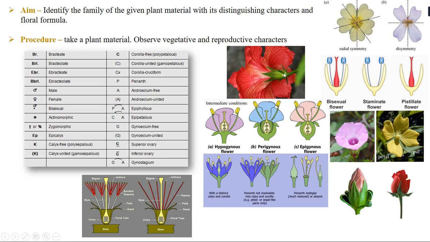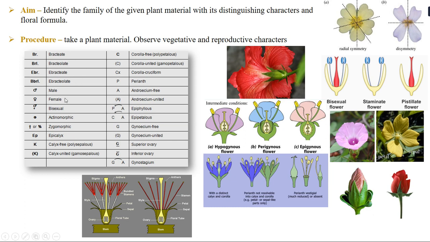So there are some flowers which are with these bracts, and there are some flowers without the bracts. So if the flower is possessing the bracts, it is called a bracteate flower or a bracteolate flower. And if it is without the bracts, it is called ebracteate flower or ebracteolate flower. Now, the alphabet that is denoted for bracteate is BR, capital B and small r. And for ebracteate, it is EBR, where E is going to be capital and BR is going to be small. So this is the first character.